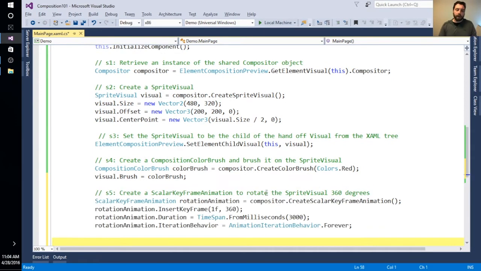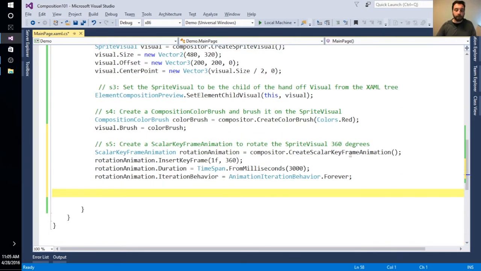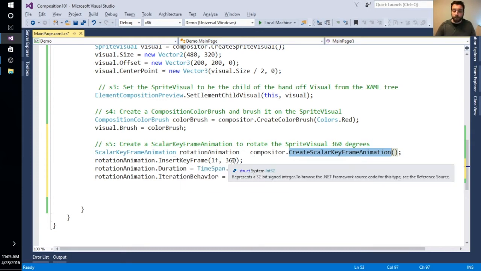So our next step here is I'm going to create a scalar keyframe animation. We have different types of keyframe animations for the types of properties that we can manipulate. For this instance, we're just creating a scalar keyframe animation, and we're inserting an ending keyframe with a value. That value is 360.